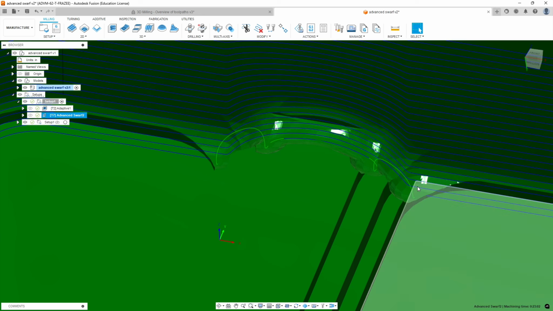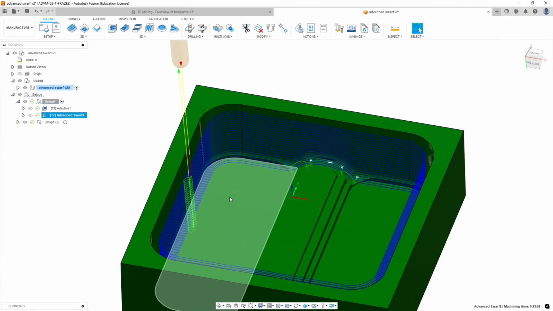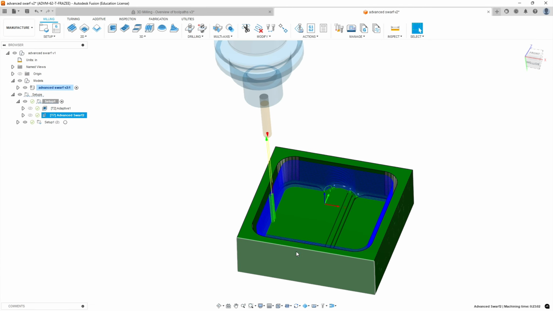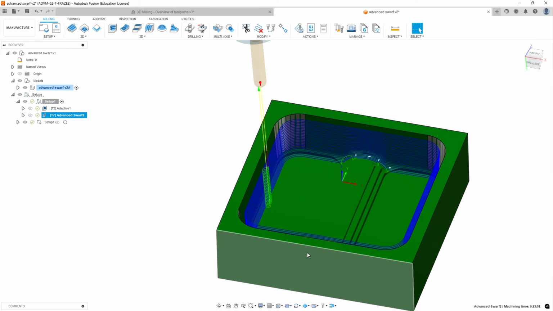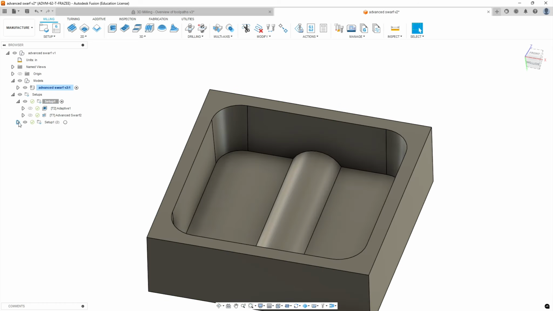But in theory, with that box I selected, it should have done a final pass tracing the entire floor of this pocket, and it did not do that. So yeah, I may have a parameter off, but that is in a nutshell the difference between Swarf and Advanced Swarf. Now, if I were to overlay a Swarf command as an alternative,